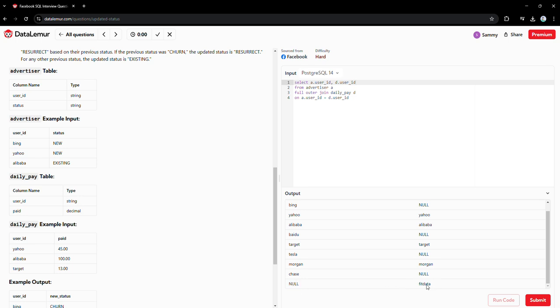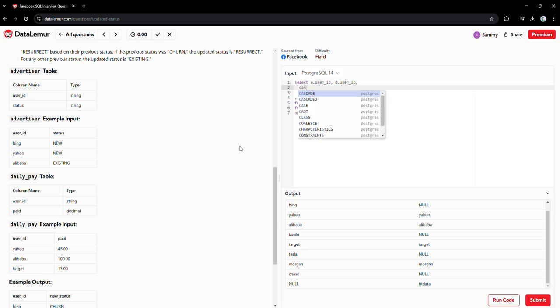So what we need to do is move this fit data down here. And the way we're going to do this is use a case when statement. So first things first, we have this listed. Now I'm also going to list the status, and then I'm also going to list the pay. I believe that's the name. Yeah, paid. Next, we're going to do a case when statement, as I mentioned earlier,